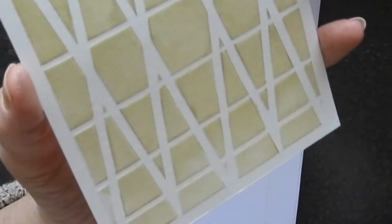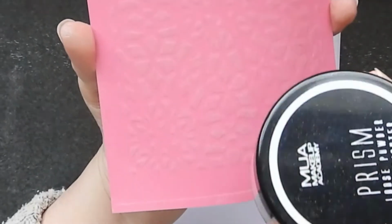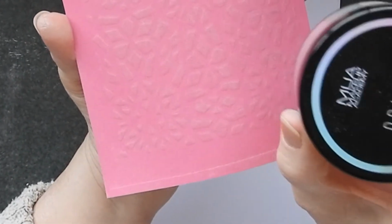But you don't have to stick to using paints to do this technique. Don't know if it shows up too well on camera. It looks okay here, it's subtle. But on this particular one, all I've actually used is a makeup powder, which is Prism. Again, I put it through the embossing machine, and then I just did the coating with a drop of glycerin instead of paint, because you need something for the stuff to stick to,